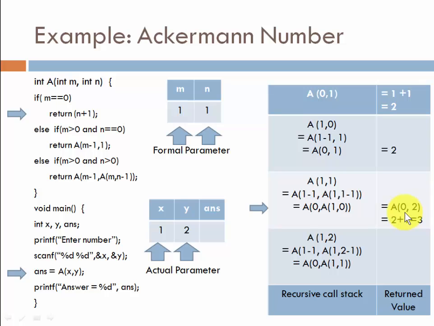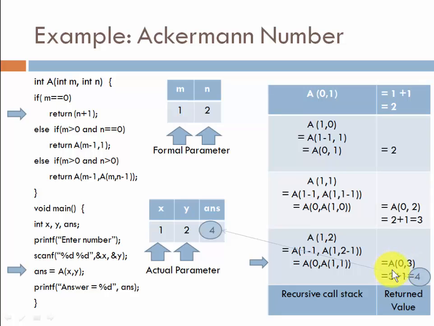For this value, again m is equal to 1, it will return the value of the first case, that is n plus 1. Value of n is equal to 2. For the value that is equal to 1 3. A of m, this value will again be returned, will return the value of first case 0, that is 3 plus recursive is equal to 4, because now this value is equal to 0. That's why a of 1 value is equal to 3, that is your recursive call will become, and finally we display the value.